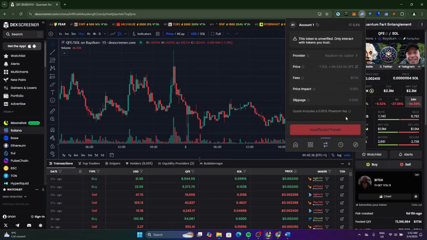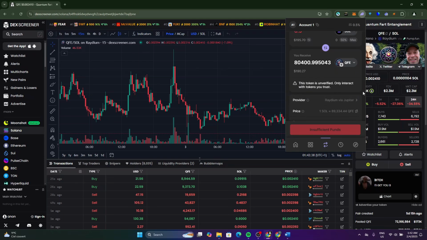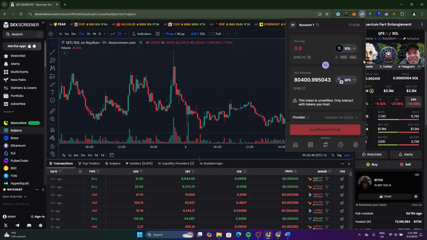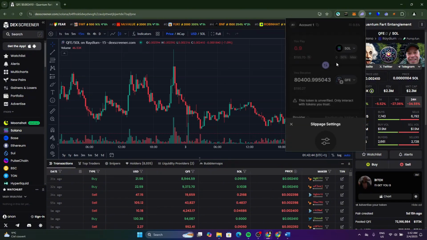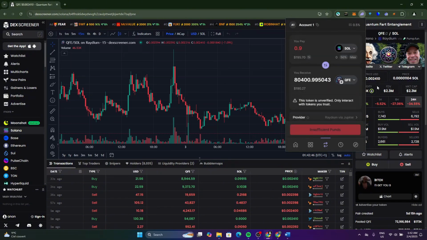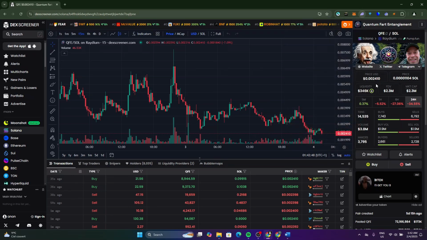And click on swap, and you will be redirected to the Jupiter provider page to be able to buy this token. If you face any issue, go back to this page, switch the slippage from here or customize it, because most of the issues come from the slippage, and after that you will be able to buy this token without any issue. So this is how to buy